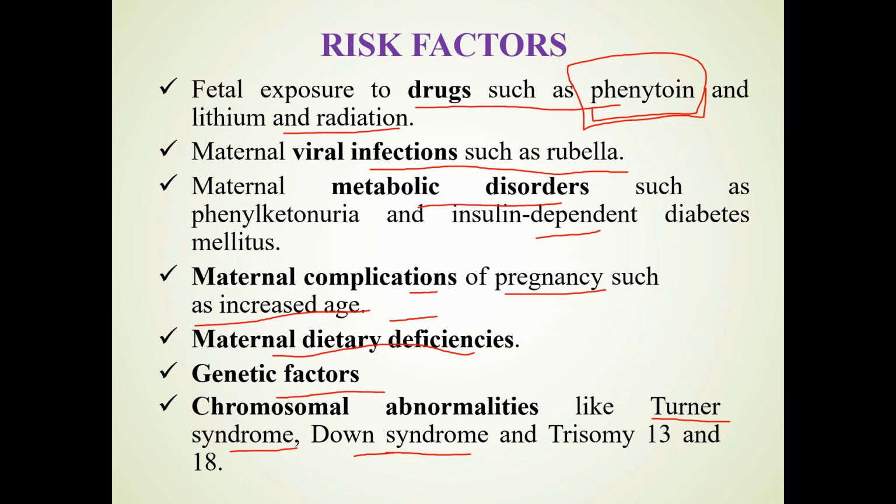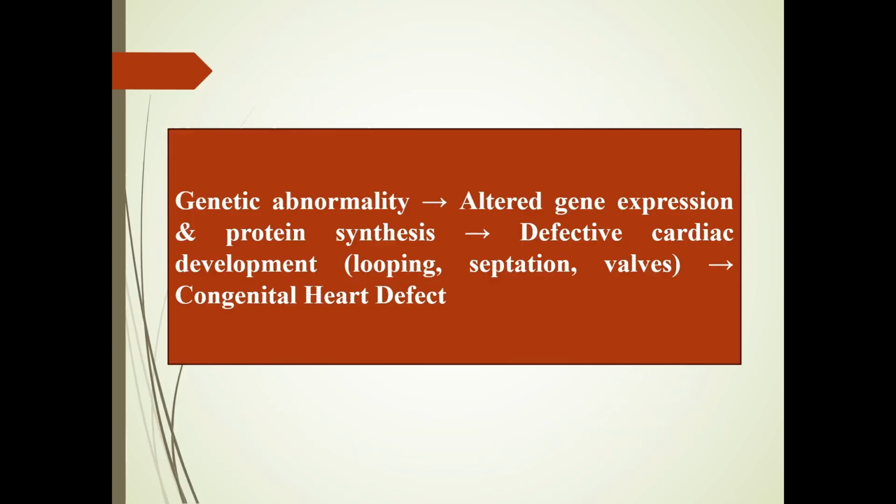So these are the risk factors, which include drugs, viral infection, metabolic disorder, maternal complication, maternal dietary deficiency, genetic factor, and chromosomal abnormality. With genetic abnormality, there will be altered gene expression and abnormal protein synthesis, and defective cardiac development such as looping, septation, valve formation, these all are defective. So it will lead to congenital heart defect. So in this video we studied the definition, types of congenital heart defect, and the causes and risk factors of